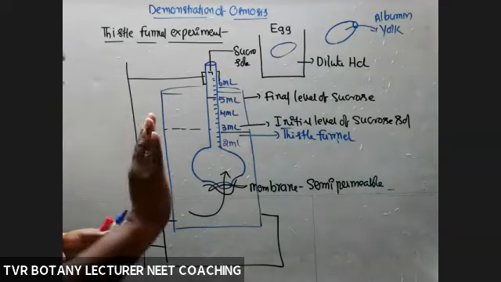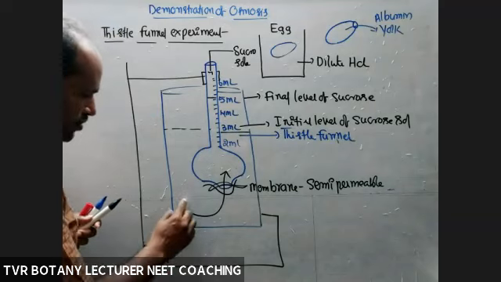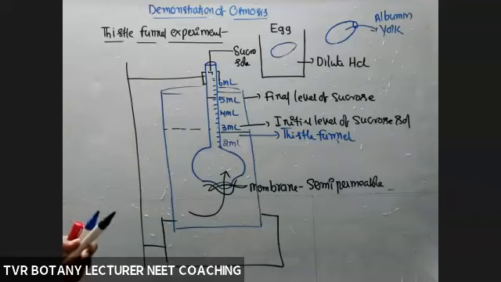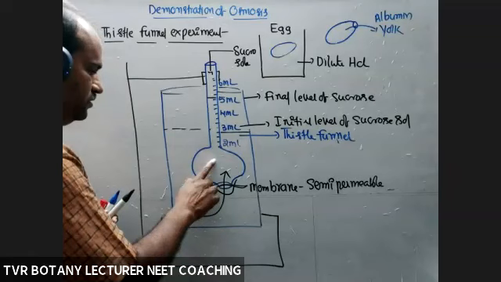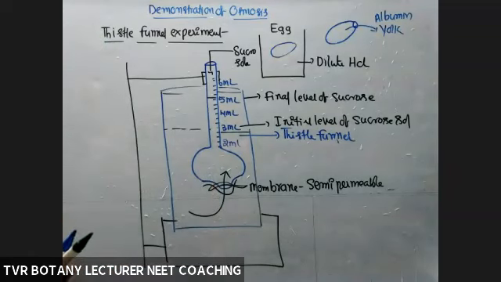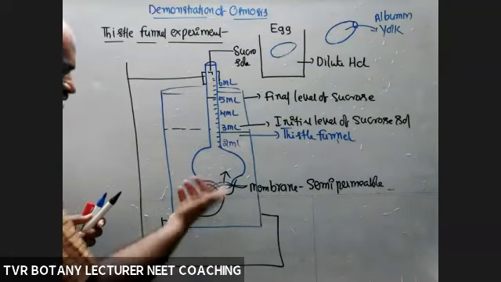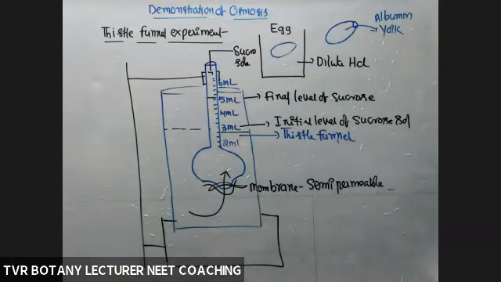And here the question is, for example, sucrose also transports into thistle funnel. For example, if it is a selectively permeable membrane, definitely some amount of sucrose will diffuse into thistle funnel. Will they reach equilibrium? Definitely. If sucrose is equally distributed, if pressure is equal, definitely the psi W values of both the systems will reach a same value. Okay, right? So that is about a thistle funnel experiment used to demonstrate osmosis.